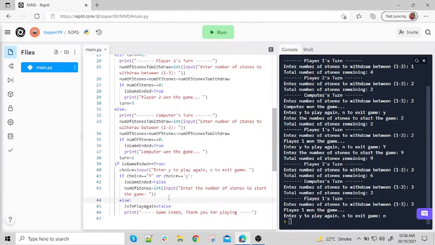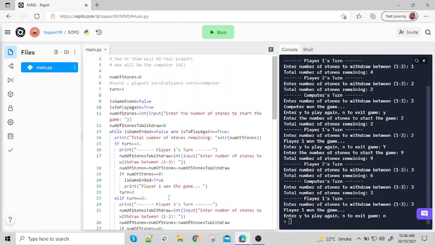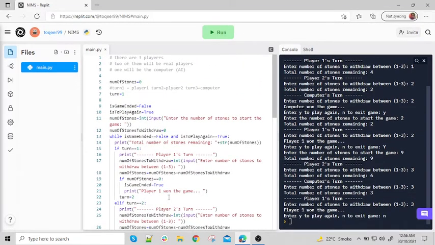Okay, so another phase of this game is done. Now what if we have to choose the player efficiently? First of all, the computer is not playing actually its role. The third turn is the computer's, and the computer should do its task itself. We should not choose the number for the computer. The computer should choose the numbers itself. First of all, let's decide the turn randomly.